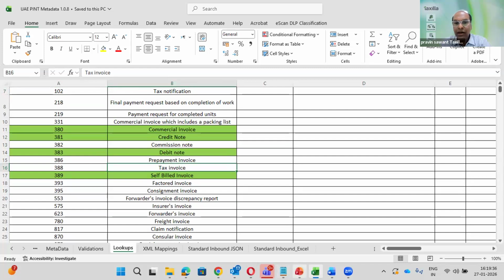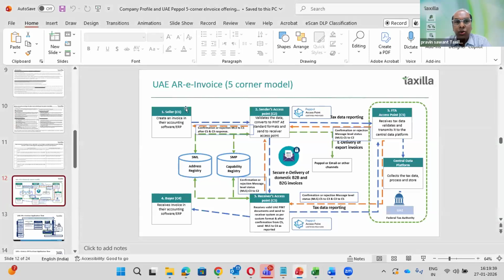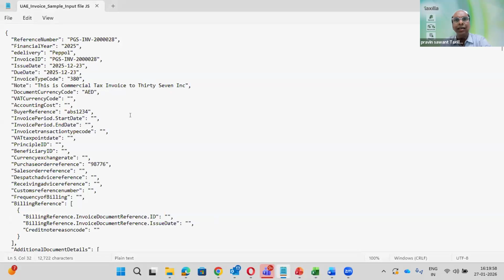Okay. Right now, I am going to show you a product demo where the seller is sending the invoice to Corner 2 and how it gets delivered through Corner 2, 5 and 3. Then second, I will log in as the buyer and show how the buyer will receive the invoice. Before that, consider this is an invoice coming from your accounting system or ERP system. You can provide the data in Excel, XML, JSON, any format. Now I'm just changing this invoice number to 29.